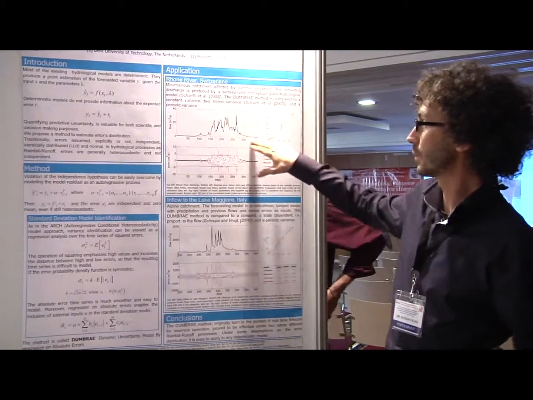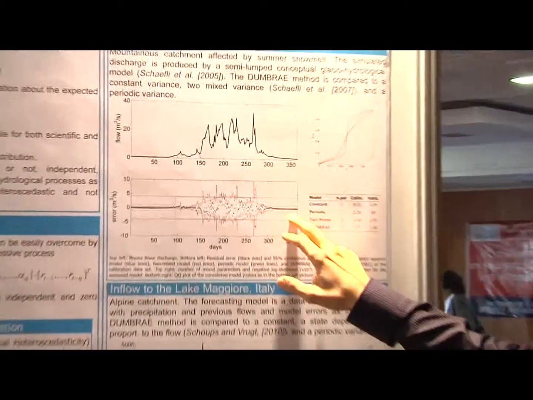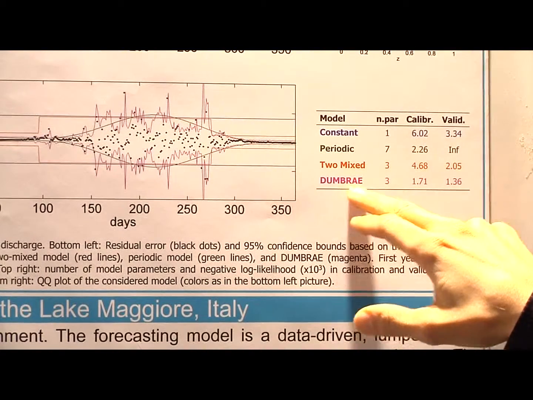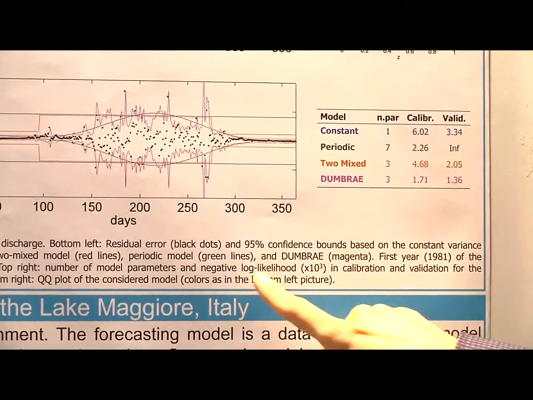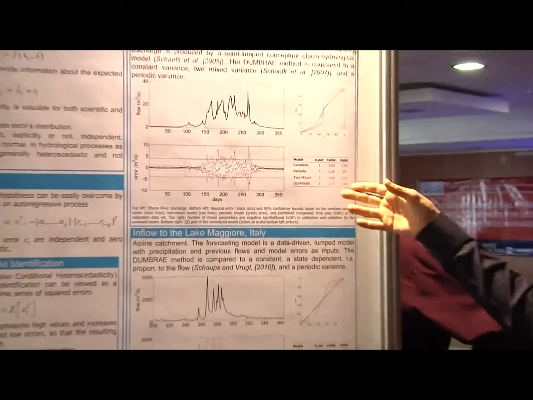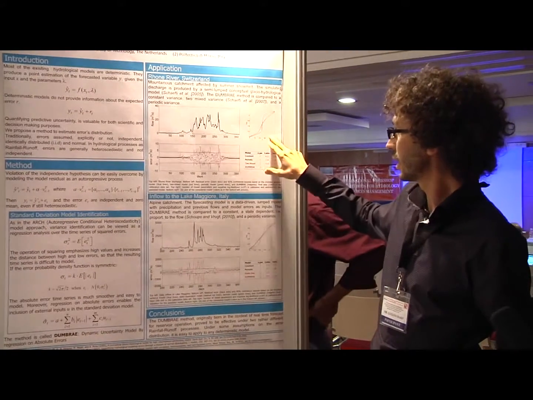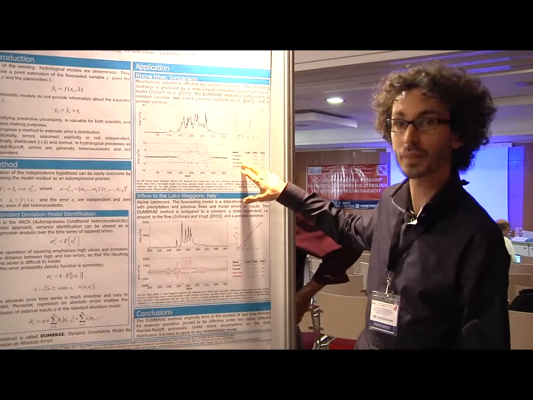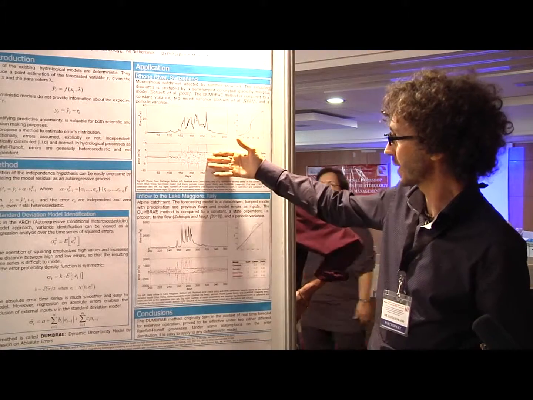Here we have the hydrograph, and here we have the error in time, and four different models to which we compare the Dumbre model. Now, if you look at the log likelihood as an estimation of the goodness of the estimation, we see that the Dumbre scores much better, both in calibration and validation, than all the other models. And compared also to the two mixed model, which is work previously done by Bettina Scheffli, and also to the Lake Maggiore, we see that basically